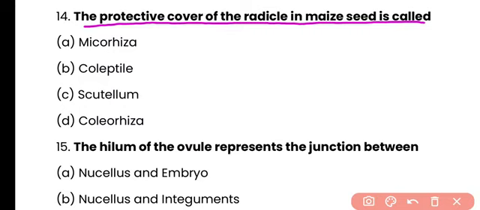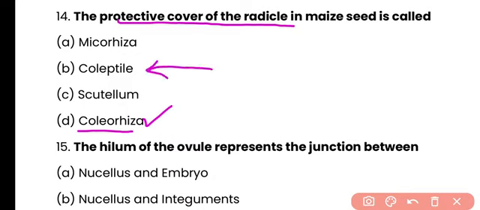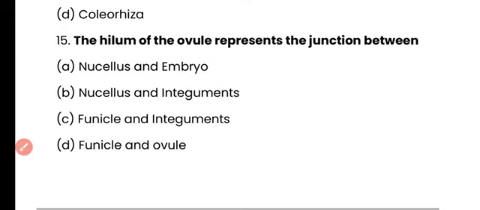क्वेश्चन नंबर 14। द प्रोटेक्टिव कवरिंग ऑफ रेडिकल इन मैज सीड इज कॉल्ड माइकोराइजा, कोलियोप्टाइल, स्क्योटिलम, कोलियोराइजा। करेक्ट आंसर इज ऑप्शन डी। रेडिकल की जो प्रोटेक्टिव कवरिंग है उसको नाम देते हैं कोलियोराइजा का, जबकि प्लोम्यूल की प्रोटेक्टिव कवरिंग का नाम है कोलियोप्टाइल।